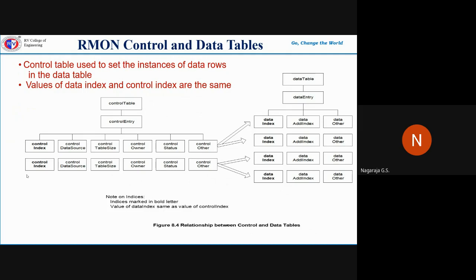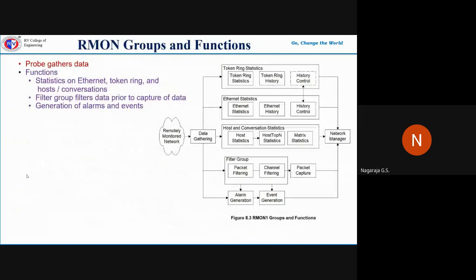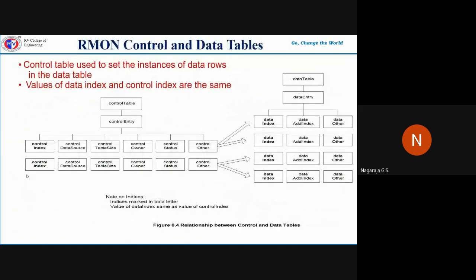What we have done in the earlier discussion is that this is going to be stored in matrix order only. That's where the earlier discussions on matrix statistics are essential here. Unless you have that kind of structure, it may not be possible to extract these details. And correspondingly, there'll be a data table, you have a data entry, a data index, data